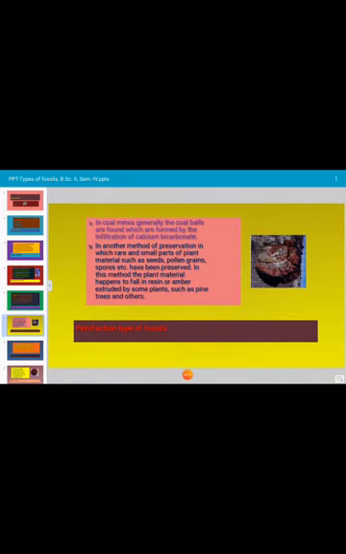In another method of preservation, rare and small parts of plant material such as seeds, pollen grains, spores, etc. have been preserved. In this method, the plant material happens to fall in resin or amber extruded by some plants such as pine trees and others. Next,